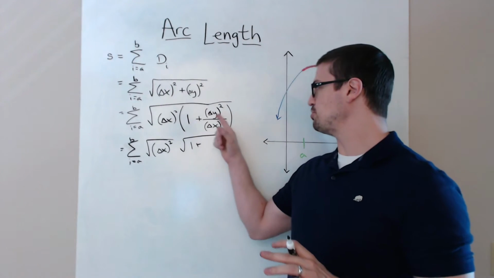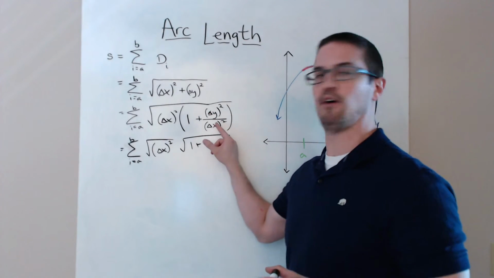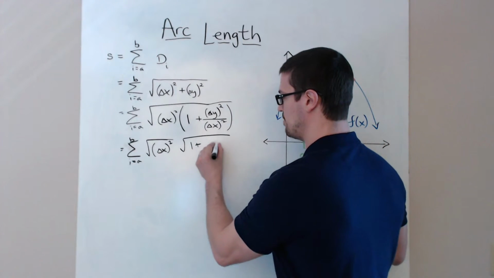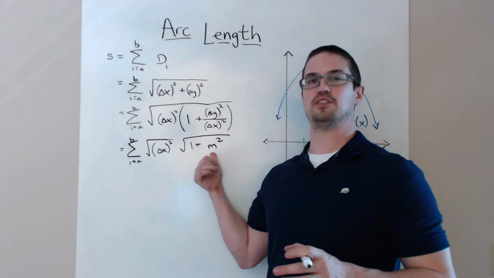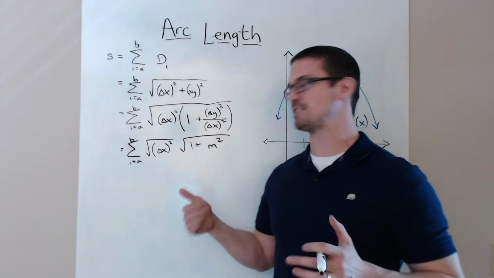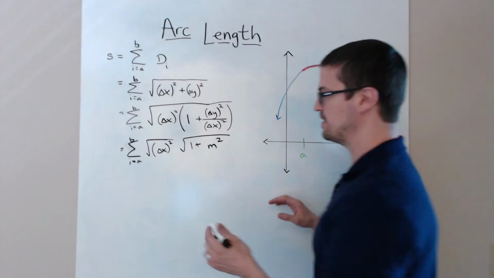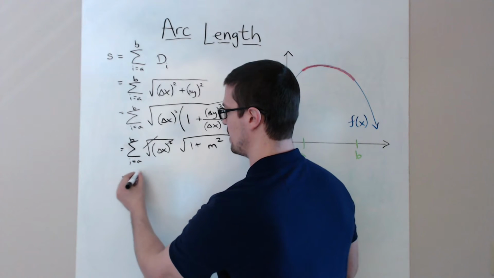Now if you look at this, you should know delta y over delta x is just slope. So instead of writing delta y over delta x with both of these being squared, I'm just going to write m squared, because if you remember the formula for slope, y equals mx plus b, that m is the slope. So now it's a little bit easier to look at. Okay, I'm going to simplify this further because this square root and this squared are going to cancel. So now you're left with